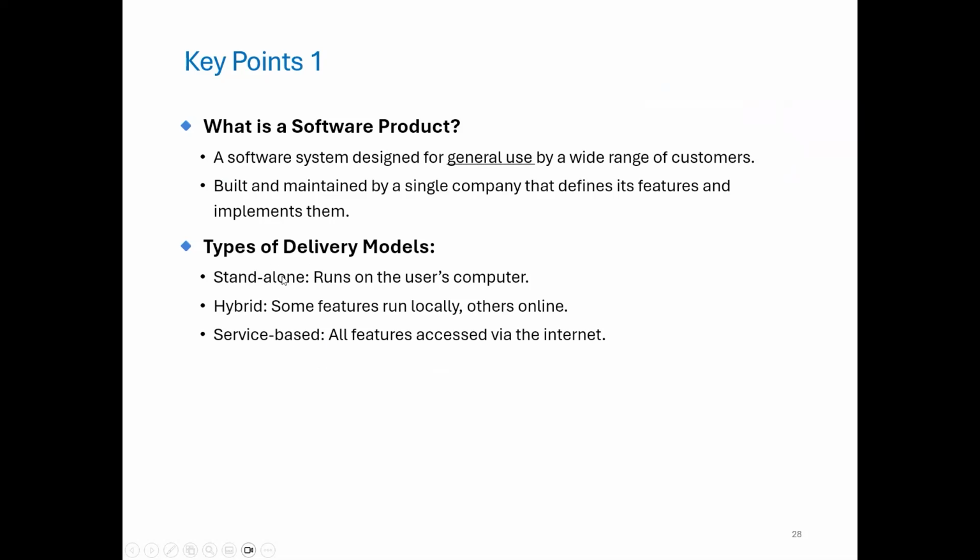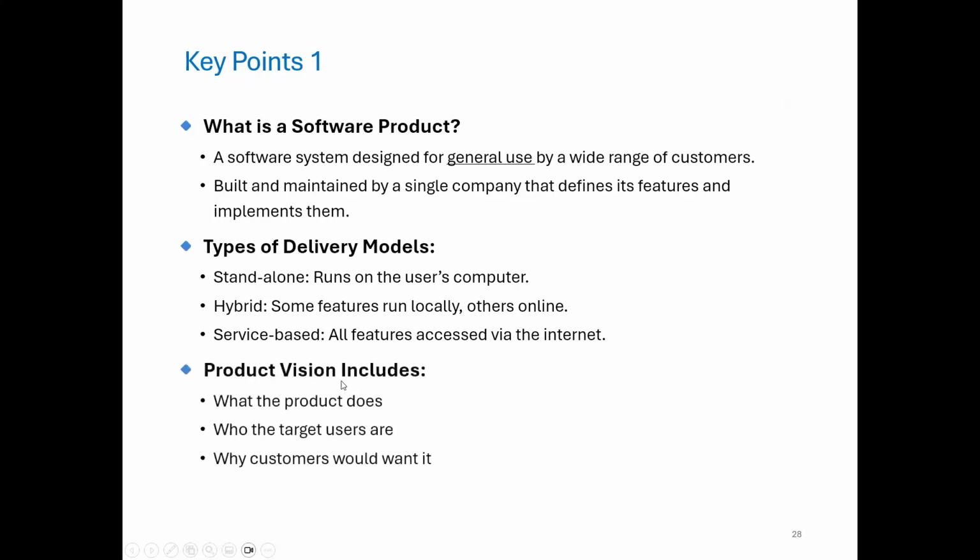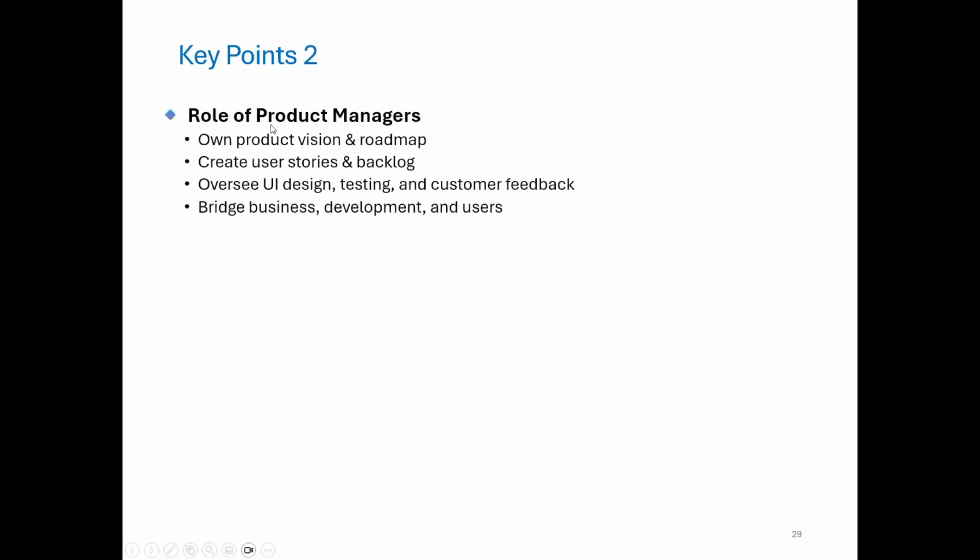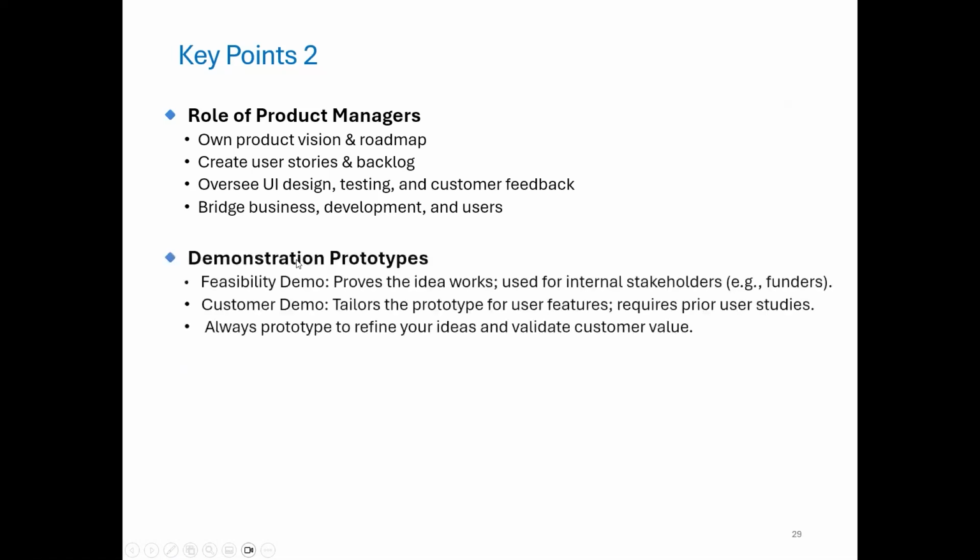Types of delivery methods: we talked about standalone, hybrid, and service-based, and the differences between those models. We talked about product vision, which includes the answers to these questions: what the product does, who the target users are, and why customers would want it. Also, the role of product managers: they own the product vision and roadmap, create user stories and backlog, oversee UI design, testing, and customer feedback, and bridge business, development, and users. Demonstration prototypes: we talked about the feasibility demonstration and customer